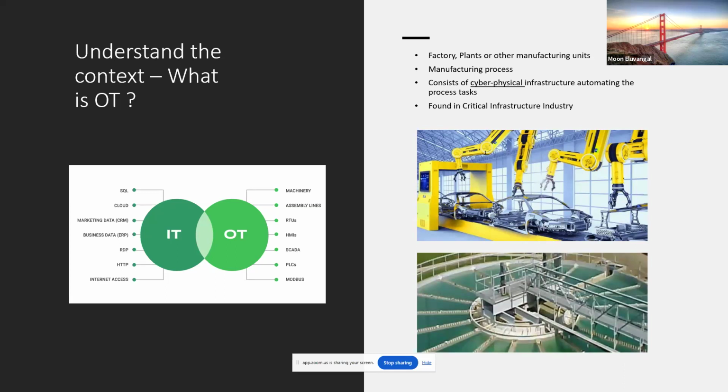Okay, and on the left hand side, how is it different from IT? What are the different components in IT? And what do you see differently in OT? Okay,